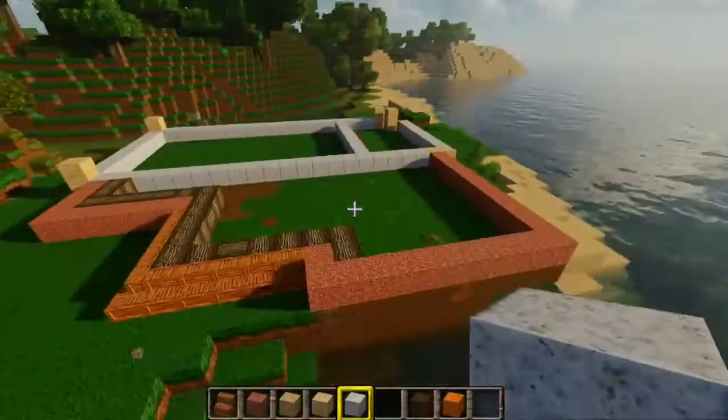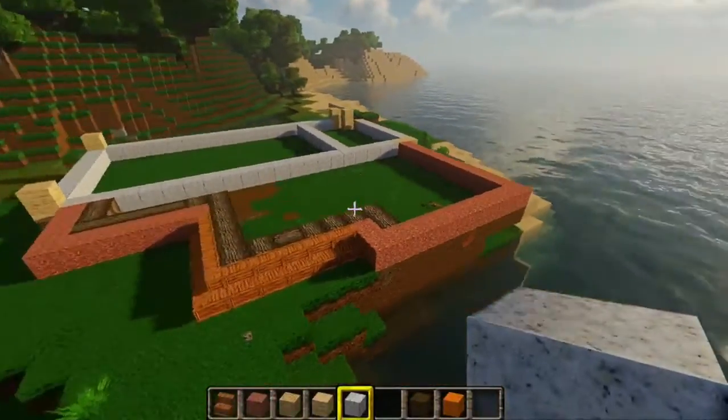And as you can see, we're starting to get a much better view of what this house is going to look